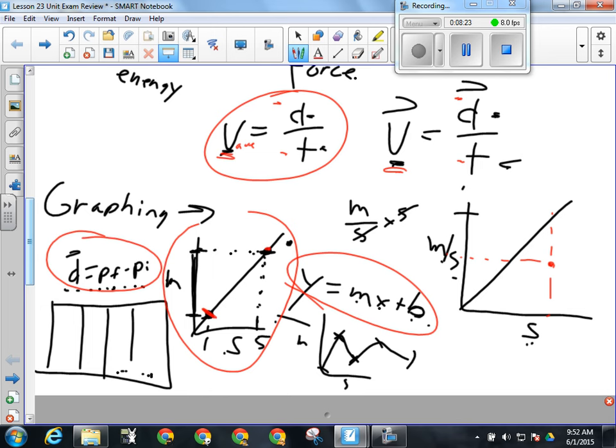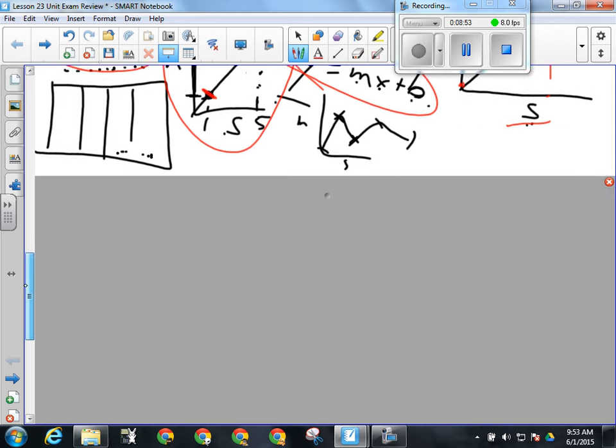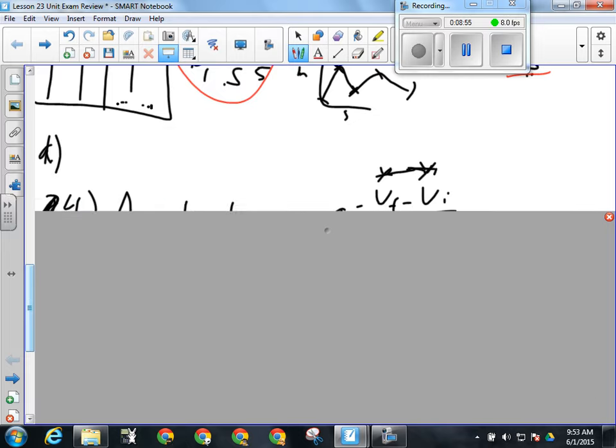All right, if I want to find the acceleration on that graph, then I can use 2 points on the line and calculate the line's slope, right? Because the units for acceleration are meters per second squared. If I find the slope, I'm dividing meters per second by seconds, and that's meters per second squared. Okay, little things like that are going to be important for you to review. All right, so yeah, definitely know your graphing.